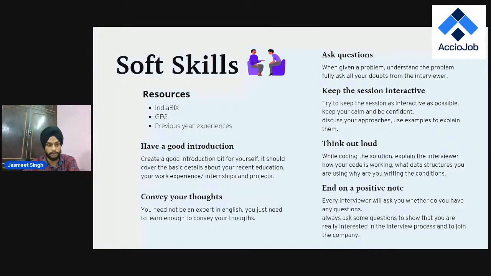Now coming to the second most important point, which is conveying your thoughts. It's always assumed that whenever you are sitting for an interview, you should be a master in English. Okay, that's not the case, because it's a technical interview, it's not your English interview. No one is asking you to use high-level vocabulary. You should not worry about when to use punctuation and stuff. It's not that. You should be able to express yourself and make the interviewer understand your thoughts, that is sufficient. Learning English to a professional level is not that much required, right?